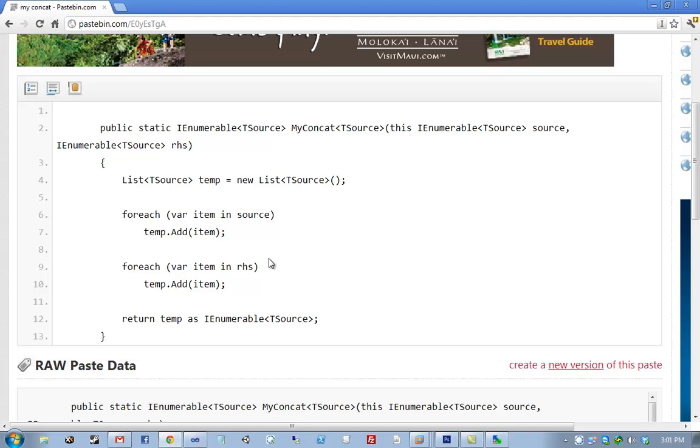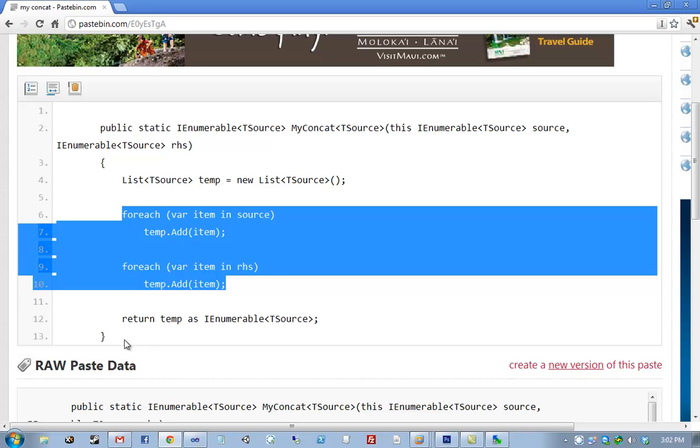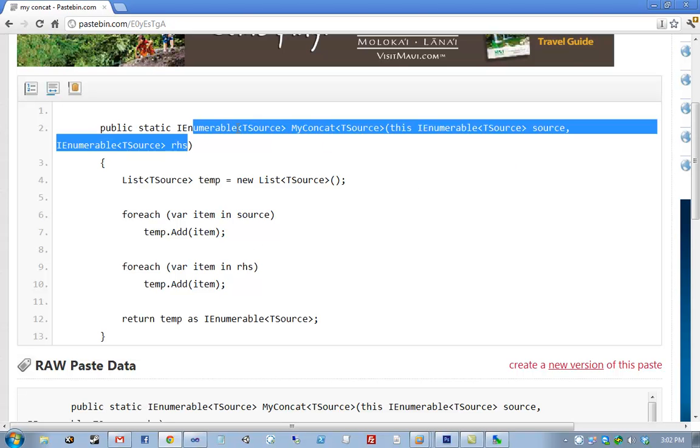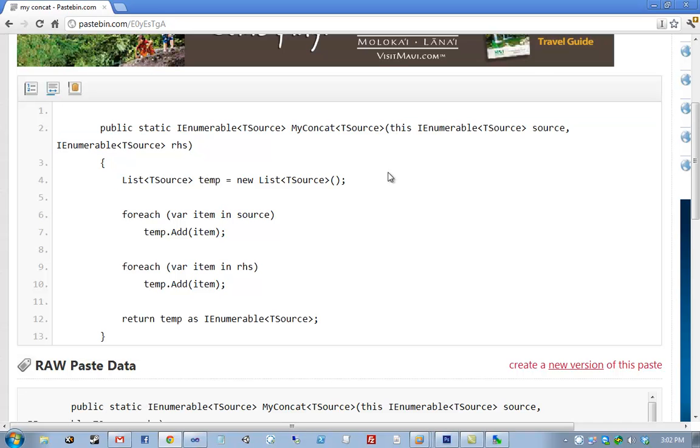Why on line 4 is he using a list instead of IEnumerable? Well, what he's doing is he instantiated the list internally, and then looped through both the IEnumerables, adding them to the list, and then returned that list as an IEnumerable. But doesn't this come back to the problem you were talking about before, where, what if it's an IEnumerable? Well, he's actually doing the instantiation right there. He's not depending on source or RHS being a list. And that's fine, because source and RHS are not lists, they're IEnumerables. The fact that he has a list here is sort of irrelevant, it's just an implementation detail.